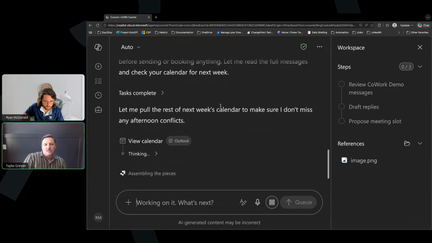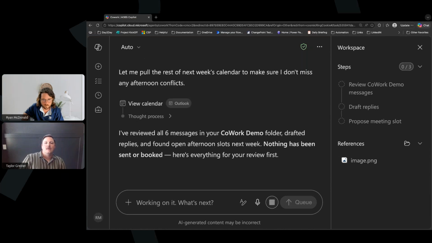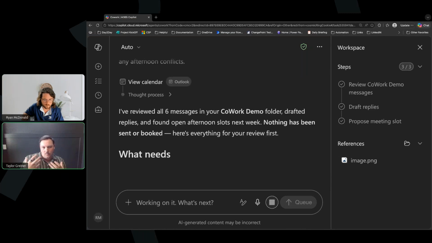So if anybody's used, if they've got a Claude subscription or they've got a ChatGPT subscription, this is really kind of Microsoft's answer to that experience as well, right? Where if you go into those tools, it walks through its task, it walks through how it's thinking. And so you could even click into the thinking and the thought process and see kind of its chain of